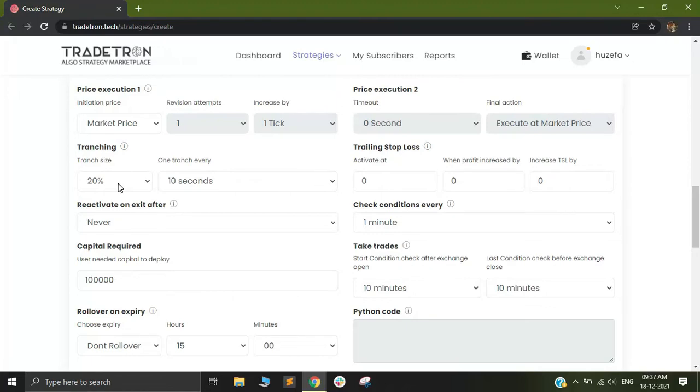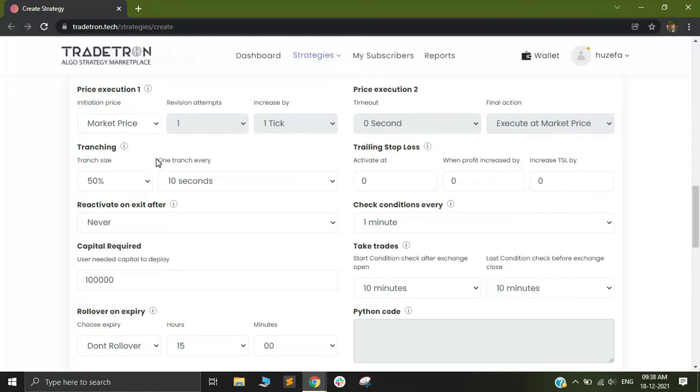So out here, let's say I want to place an order for 100 lots. If I select my tranching size as 50%, by default it would break this order into two slices of 50% each. One order will be placed for 50 lots and the other will be placed for 50 lots. So this way, you are able to place your 100 lots as two different orders.